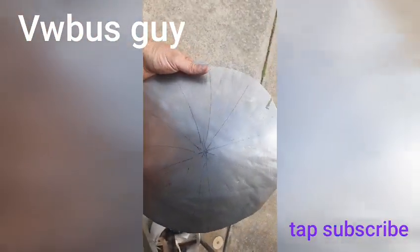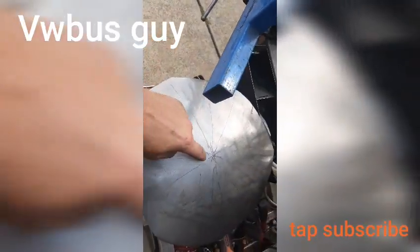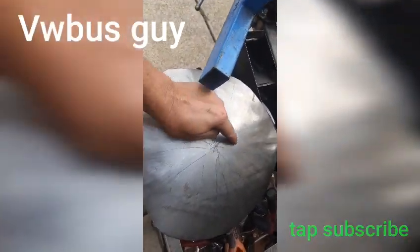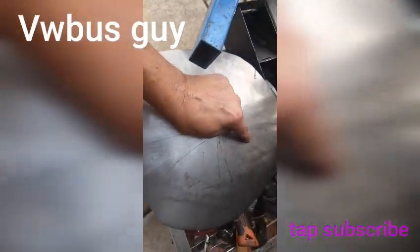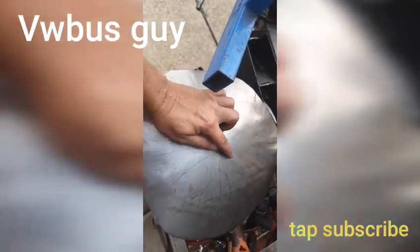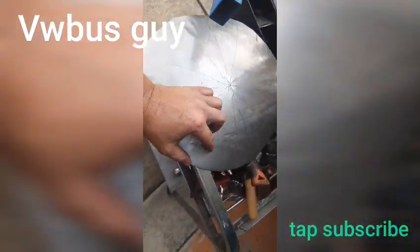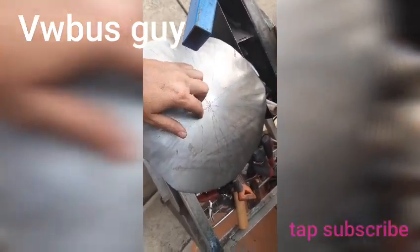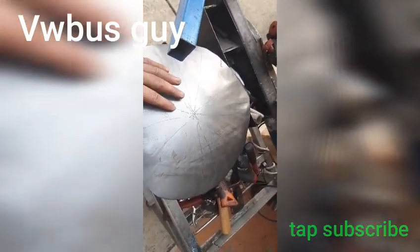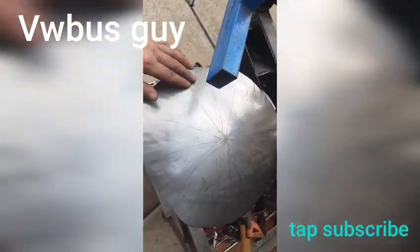Now remember, this is oversized, so a lot of this will get cut away, but I'm really focusing on the center right now. And what I do is I come out and then back in past the center, then out and then back in past it, then out and back in past it, then out. And what effectively that does is wheels twice as many times here as it does here. So I'm not really trying to stretch this at all, because what I've done is by hammering it before and bringing it up, I've stretched it. So now while I'm double wheeling here, I'm stretching it even further, but just basically flattening this off